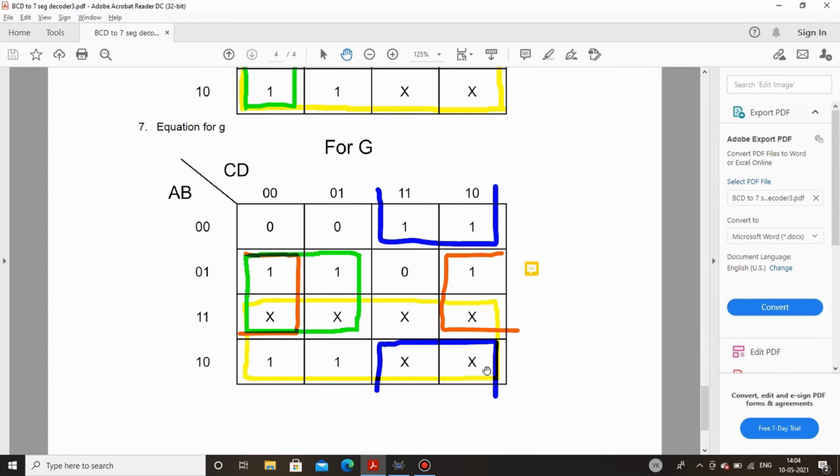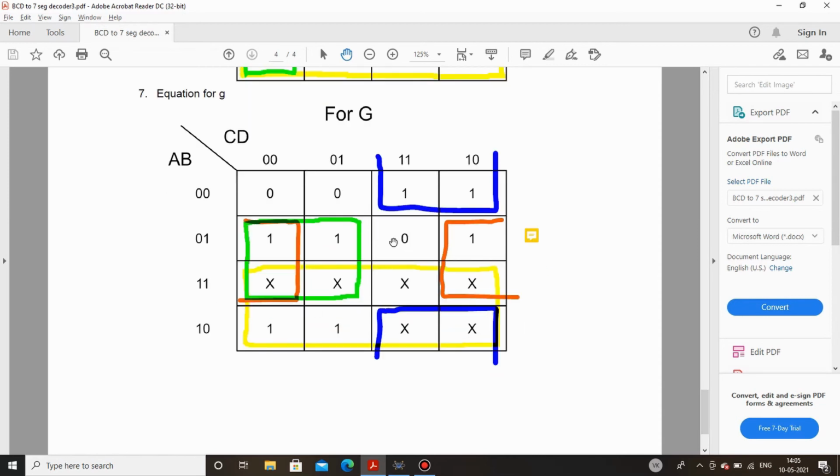Coming to this yellow one, we have A because A is the same throughout both the rows, whereas C and D are all changing, including B. Now coming to this blue colored pair above and below, B is the same and C is the same, but B is 0, so it will be B bar C. And for this green colored pair, between C and D, C is the same, so it is C bar and B over here. So this is the final equation.